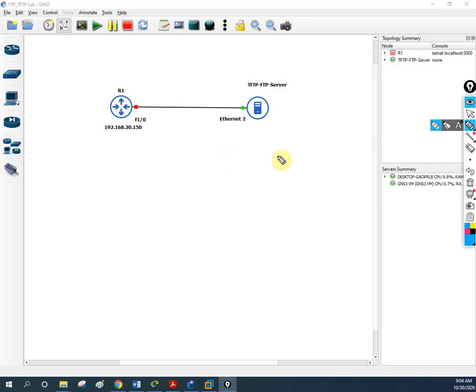In PVST, if you remember, listening and learning take 15 seconds each, and if the port is in blocking it will take 20 seconds. In total we have 20 plus 15 plus 15, 50 seconds in PVST or STP. But if you go for RSTP, rapid spanning tree, it takes less than 10 seconds, because it is much faster.